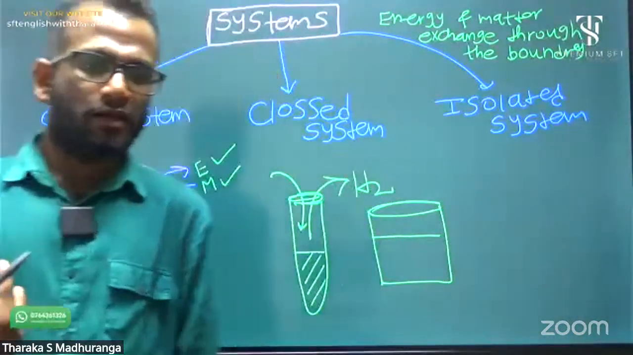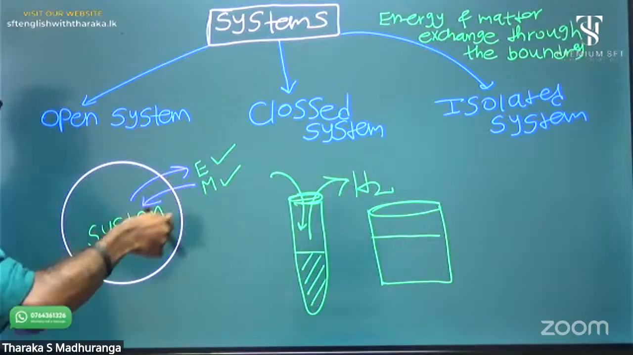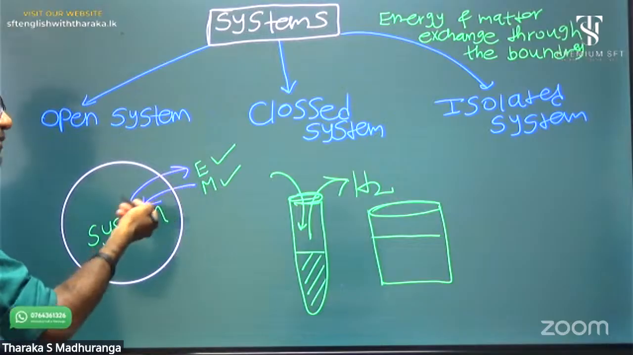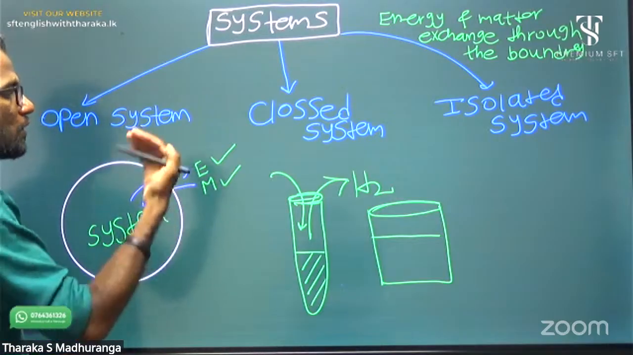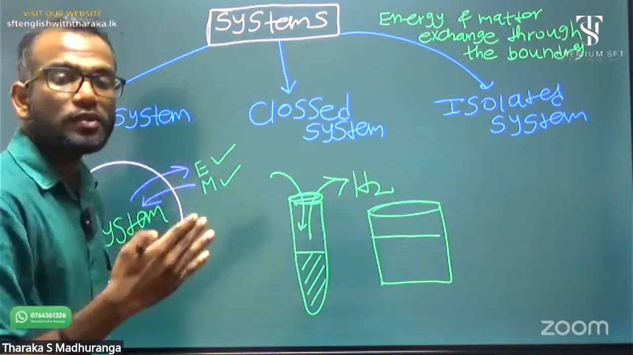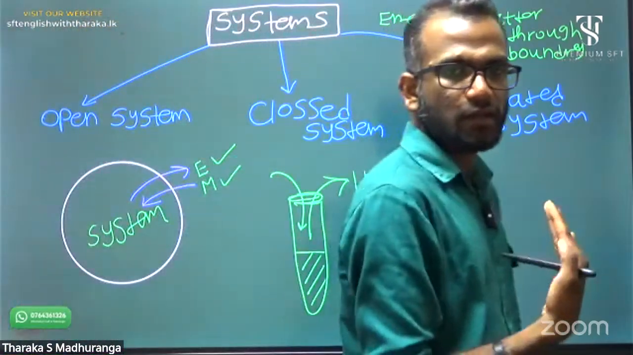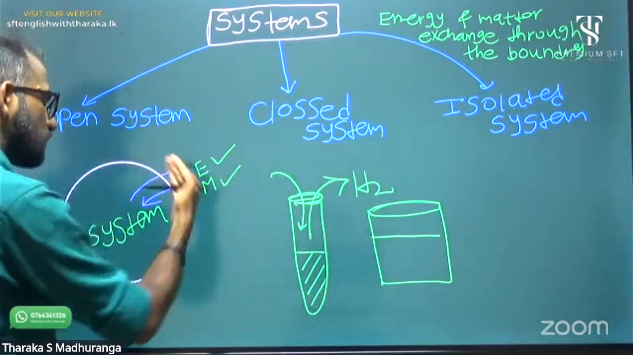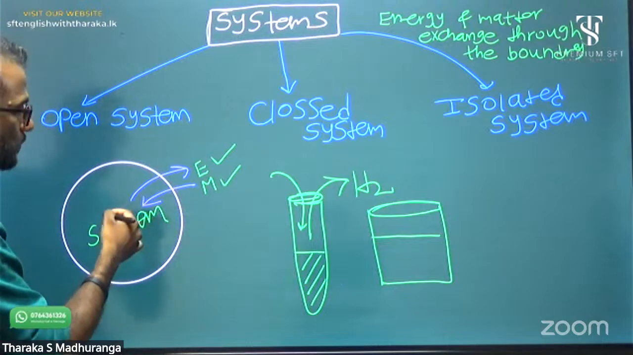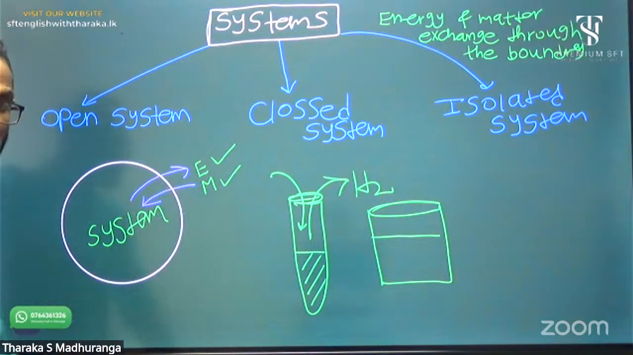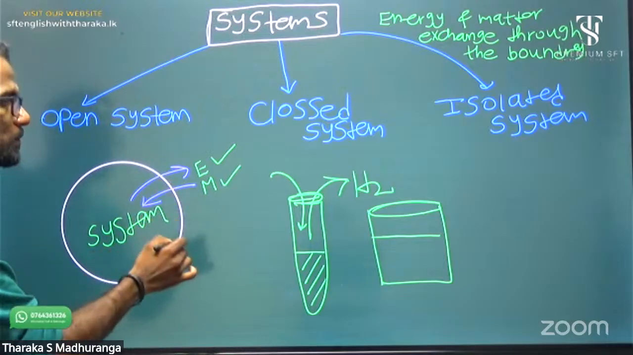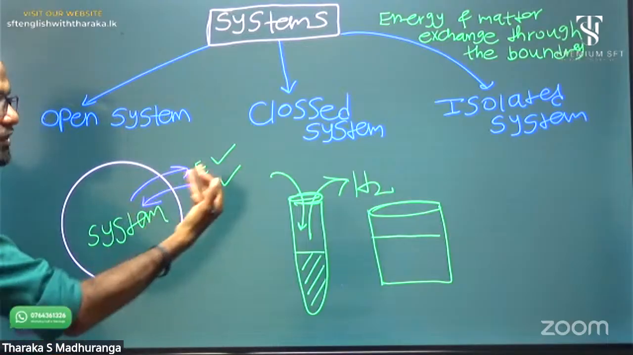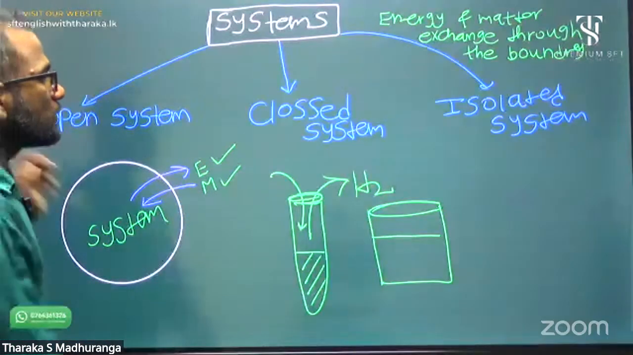Yeah, I think now you have an idea. Open system means a system, yeah, ocean. Yes, ocean. An open system is a system where it is possible to exchange both energy and matter. It exchanges energy and matter both through the boundary between the system and the surroundings. It is exchanging, right? Okay,